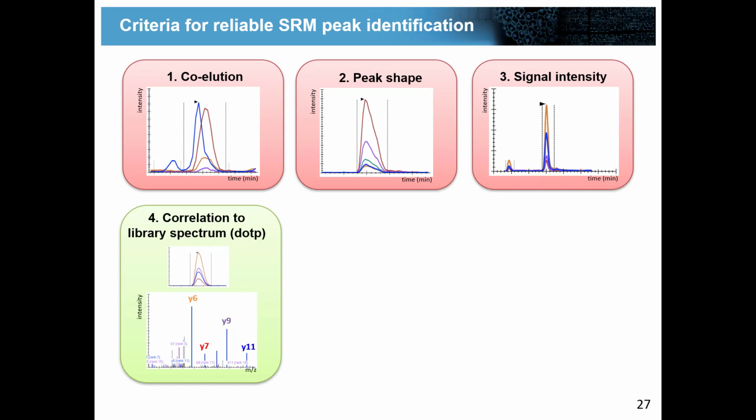So 1 is a good match, and 0 is not matching at all. Now you are asking, is there a hardcore cutoff that I can apply, so that everything that has a dotp higher than 0.9 is always my correct peptide? And the answer, unfortunately, is no. It's not so easy to give any of these hardcore cutoffs, and I would even not recommend using a hardcore dotp value cutoff, because the problem is that the